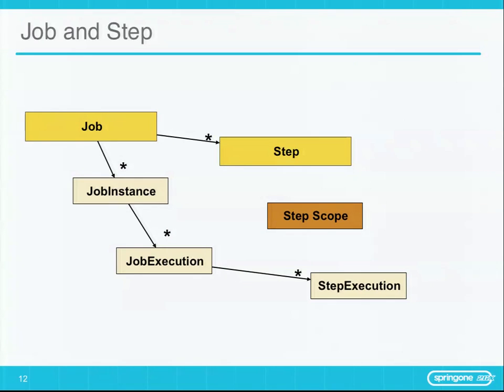So this reinforces that hierarchy, that schism, right? You've got the definitional, then the prototype, and then the runtime. When you're working with a job at runtime, you're going to have job instances and job executions, and this brings up a problem: what happens to data that I need to be unique per run of my job? Remember, in Spring, everything is prototype scope by default, and then we have all these neat other scopes for other things like web and session and so on. Well, it stands to reason that we need some way of scoping data to each job, or rather to each step of a job, and that's called the step scope. It's a very interesting technique.